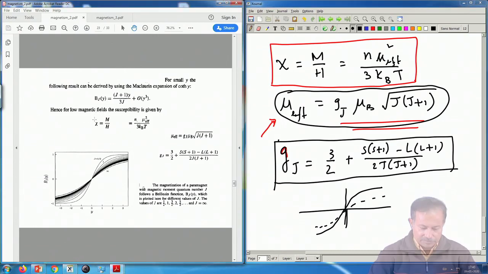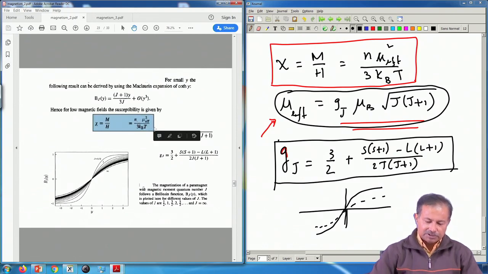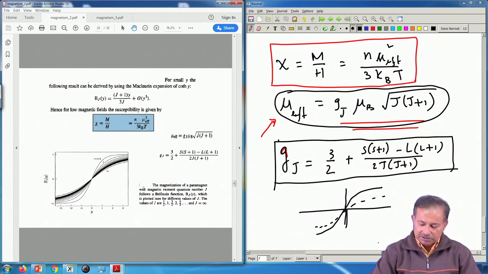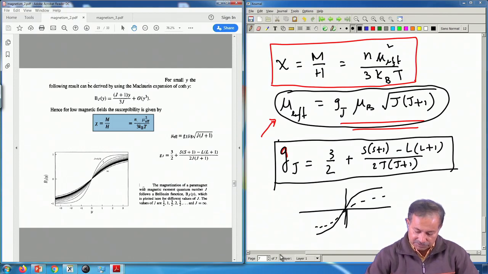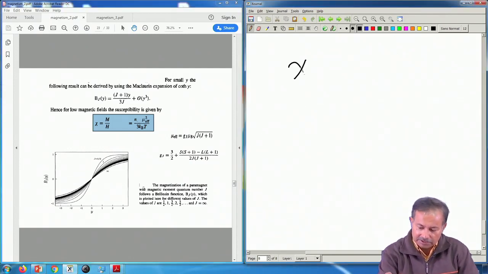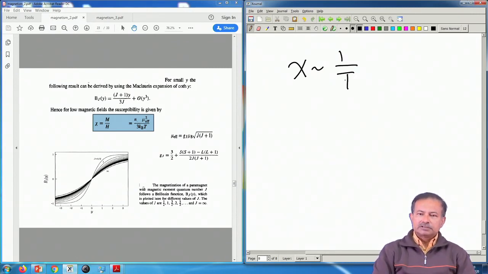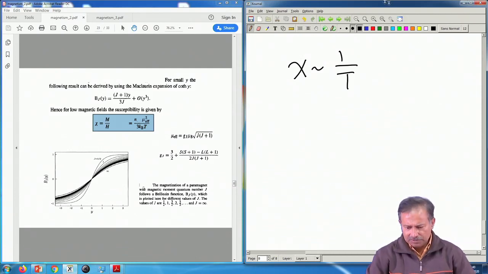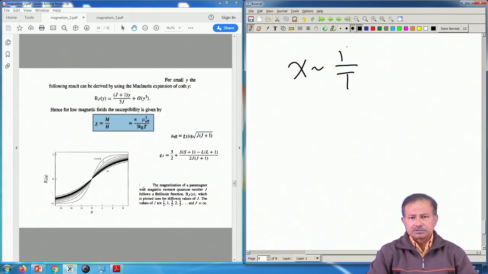Now again, if you find that the relation between chi and t is still 1 by t, that is an important message from here: chi is still 1 by t. As I said, if you have free moments in the system and you find from your experiment that chi goes as 1 over t, then you can rest assured that there are free moments in the system. So, this is the famous Curie law in